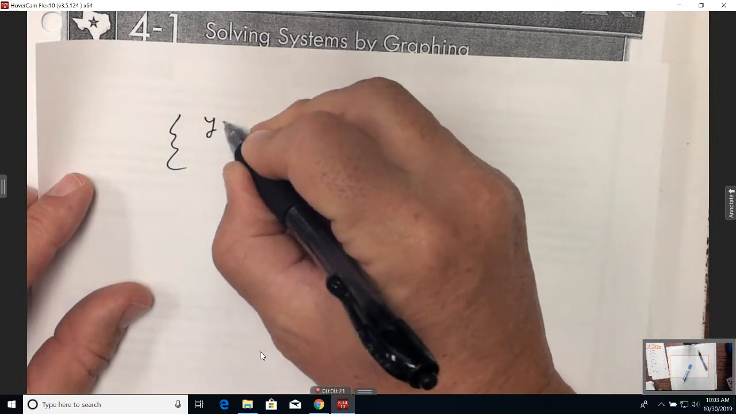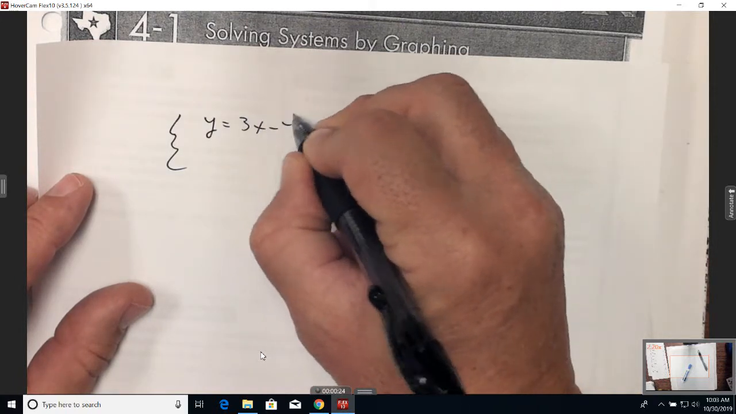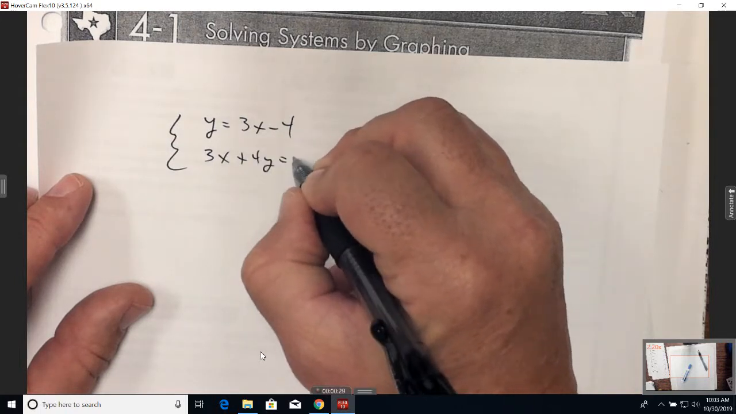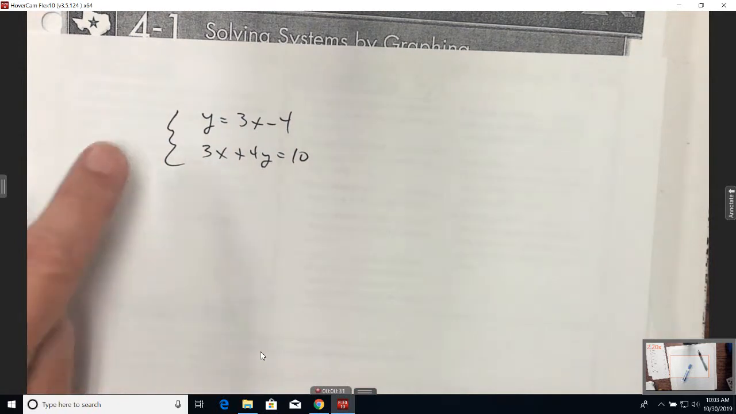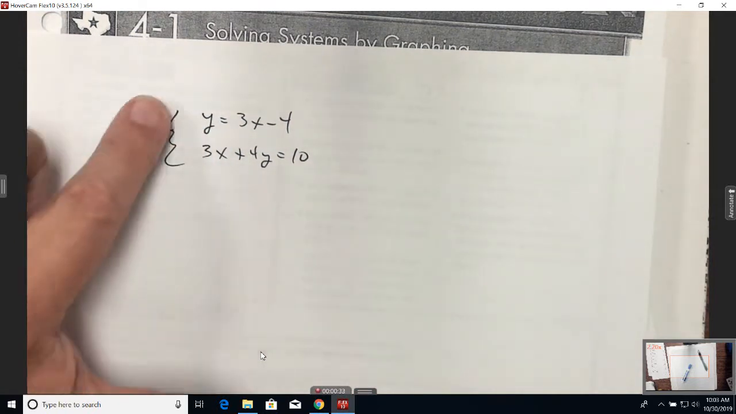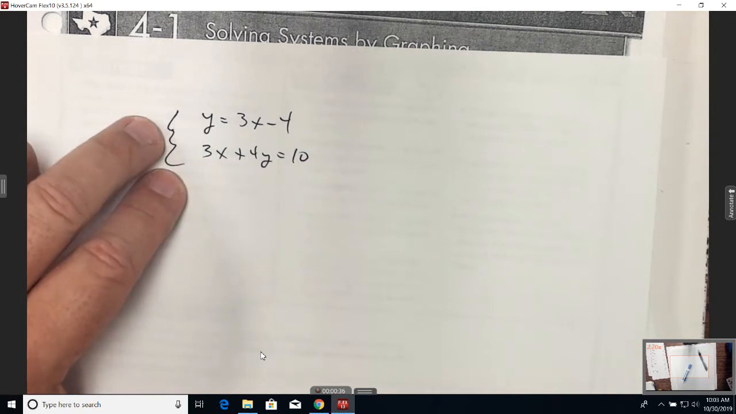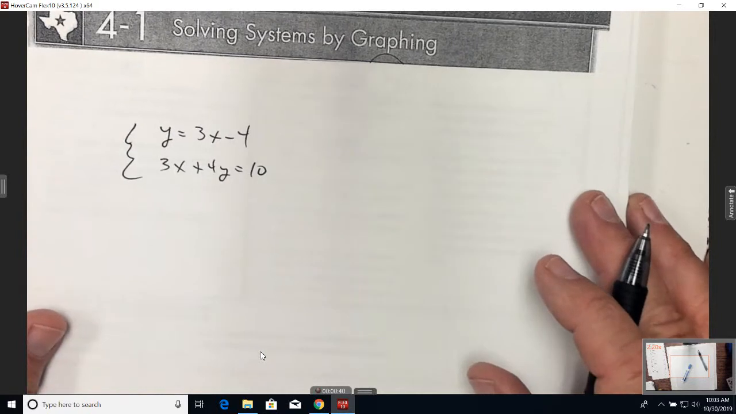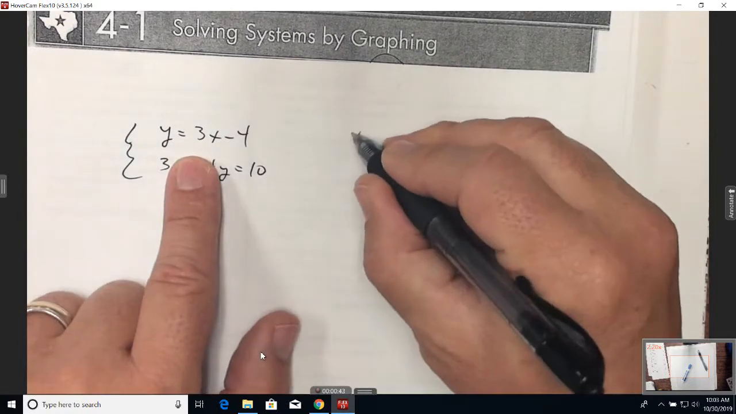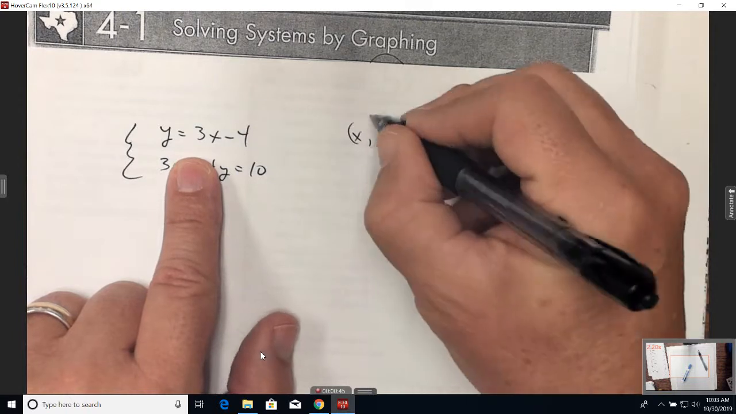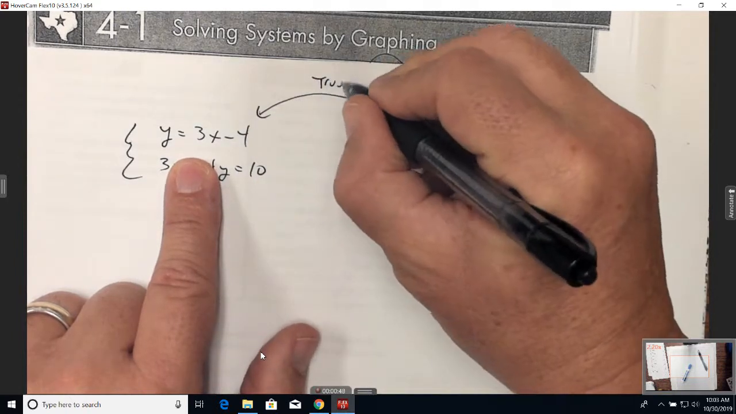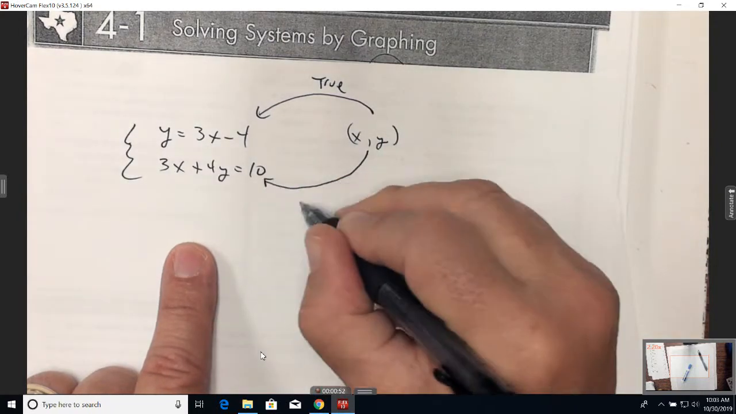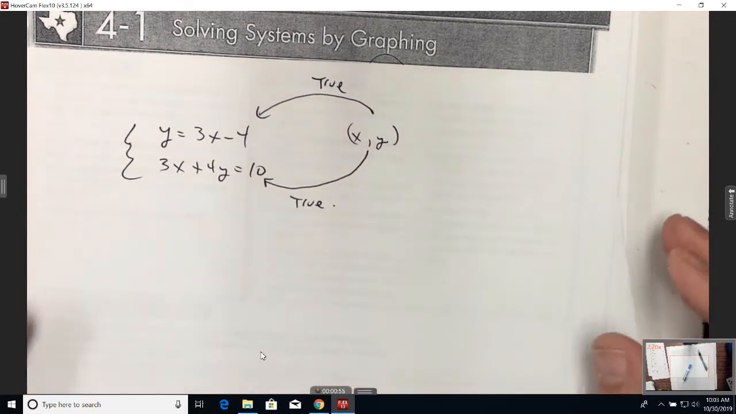So it'd be something like this. Y is equal to 3x minus 4. And it could be something like 3x plus 4y is equal to 10. See, there's two equations that are linked together with braces. Now, when we solve systems of equations, here's the goal. Y'all ready? It's to find the value of x and y that makes this equation true, and that exact same